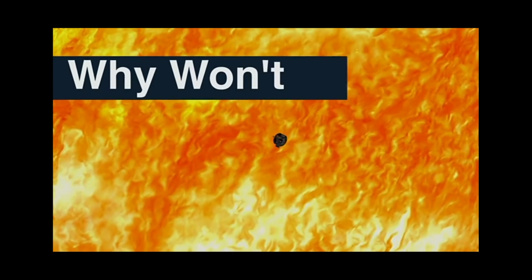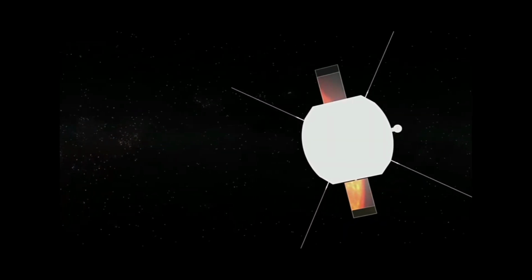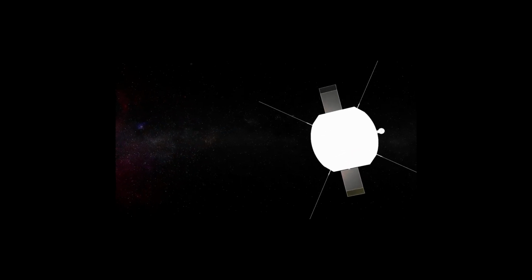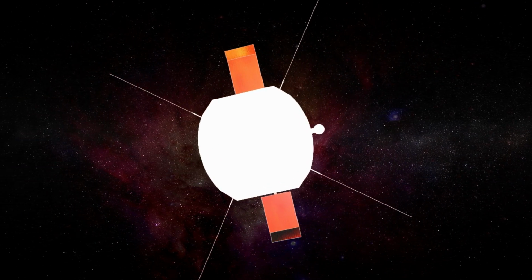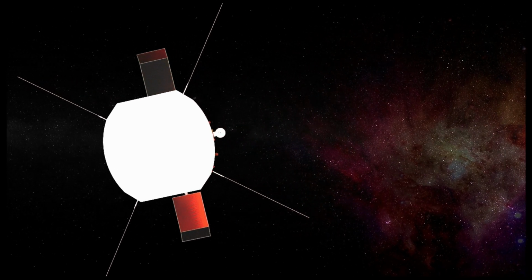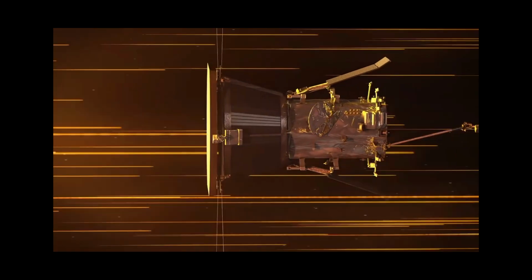The Parker Solar Probe would not melt because of its advanced heat shield. The heat shield is made of a carbon composite material that is extremely strong and heat-resistant. It is also coated with a special white paint that reflects sunlight away from the spacecraft. The heat shield is designed to withstand temperatures of up to 2,500 degrees Fahrenheit, 1,371 degrees Celsius. This is much hotter than the temperature of the Sun's surface, which is about 9,941 degrees Fahrenheit,